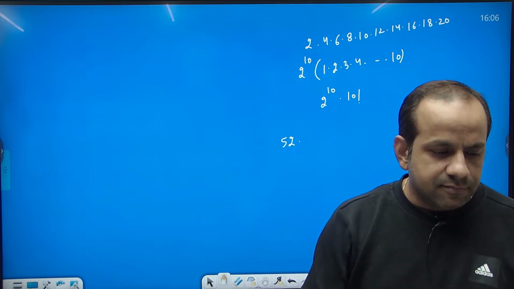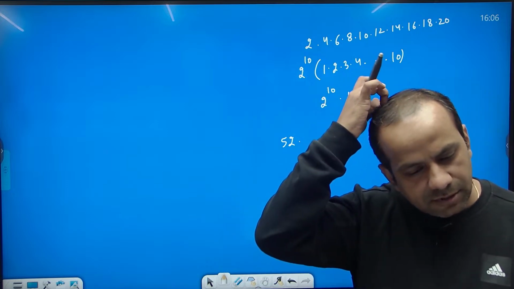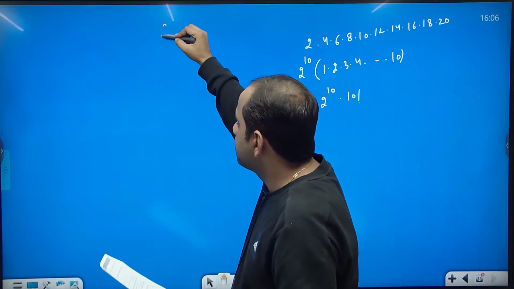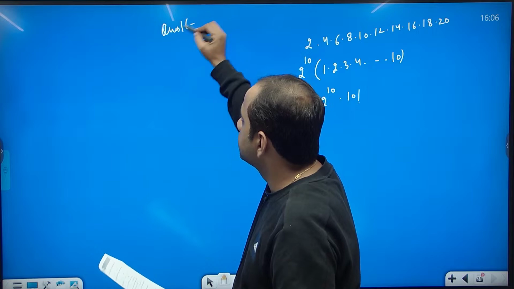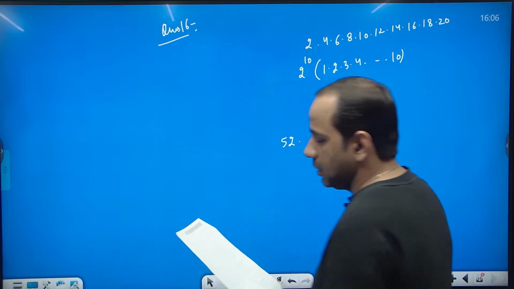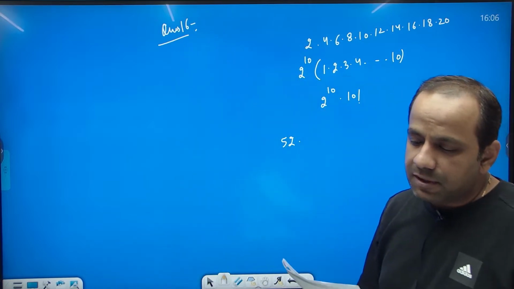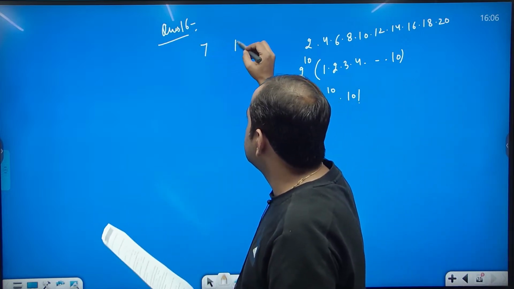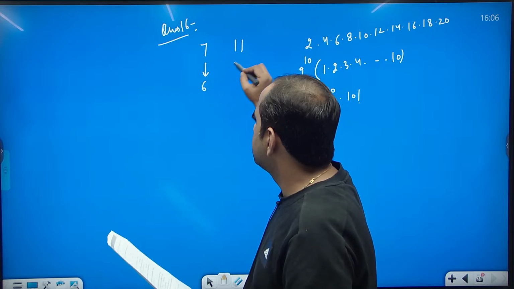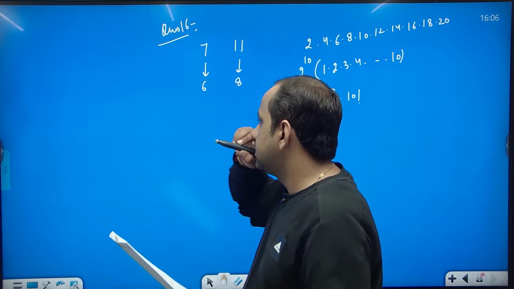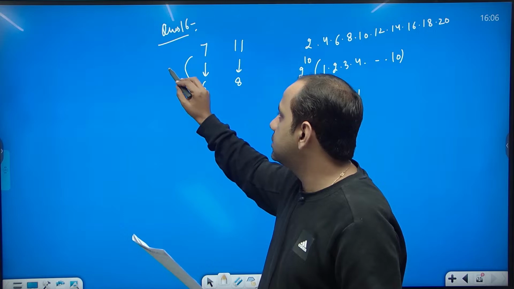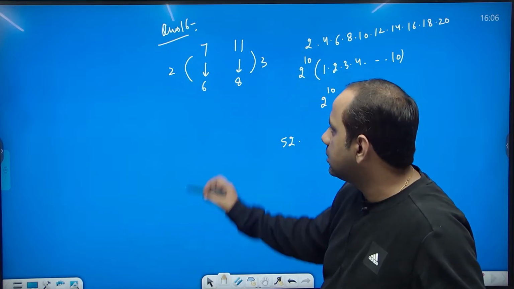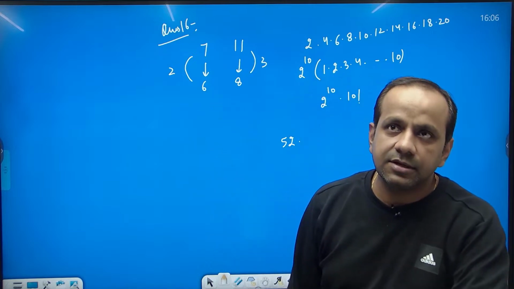ओके, ट्राई क्वेश्चन नंबर 16। क्वेश्चन नंबर 16, फाइंड द लीस्ट नेचुरल नंबर विच व्हेन डिवाइडेड बाय 7 and 11 लीव रिमाइंडर 6 and 8 respectively। कौन सी टाइप का क्वेश्चन है, फर्स्ट, सेकंड और थर्ड मॉडल। Now in this case difference is 2 but in this case difference is 3, तो थर्ड टाइप का क्वेश्चन बन रहा है। अच्छा चलो कैलकुलेट करो, बताओ क्या आंसर आएगा।